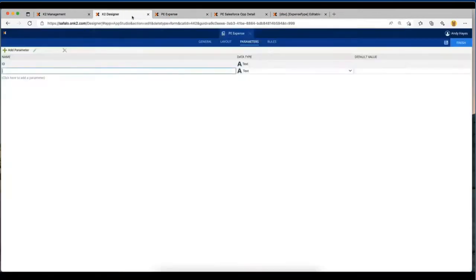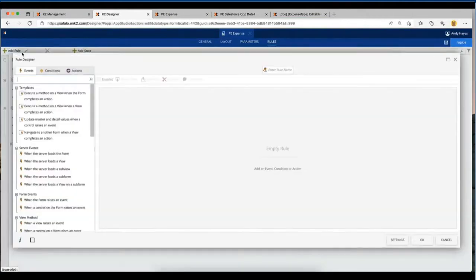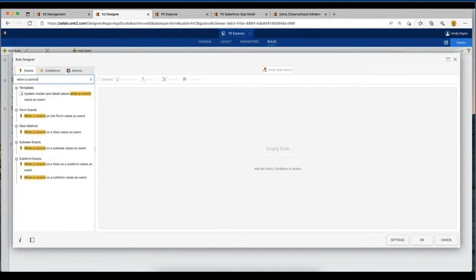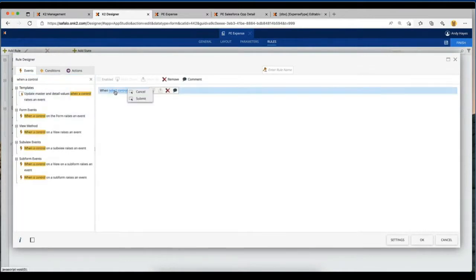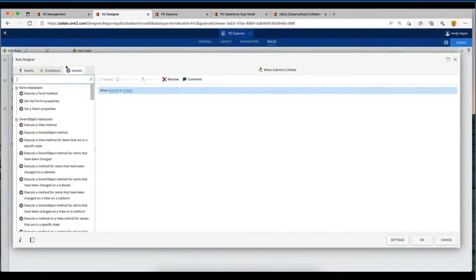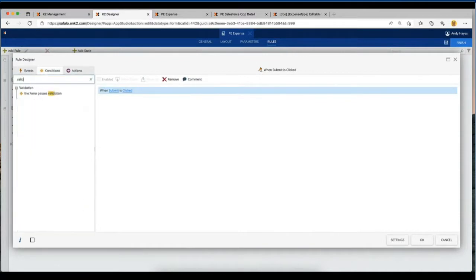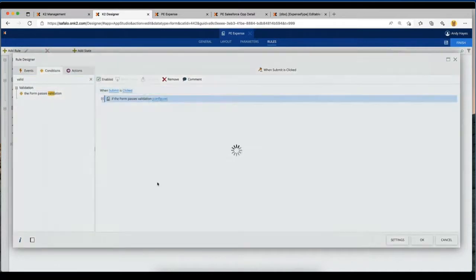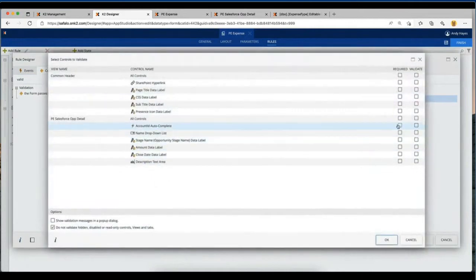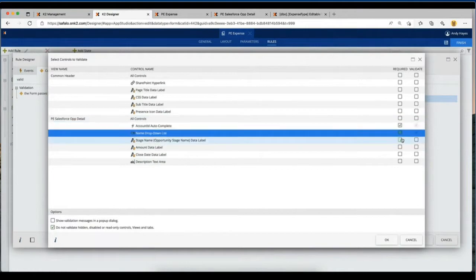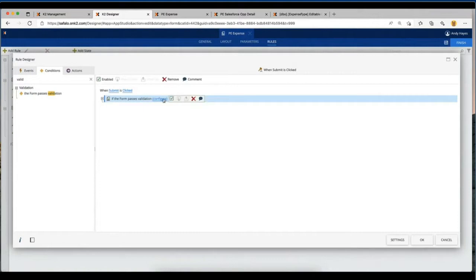So let's go back to our designer and click on rules, and this time we're going to create another rule saying when a control on the form raises an event, and the control is going to be a submit button. Let's add some validation in here, making sure that all the controls are filled out before we go off and do something. So I'm going to make this all required. I think that makes sense. Let's just do the account ID and the name to be required. And click OK. Now, I forgot to mention,